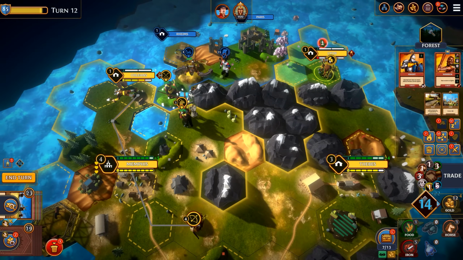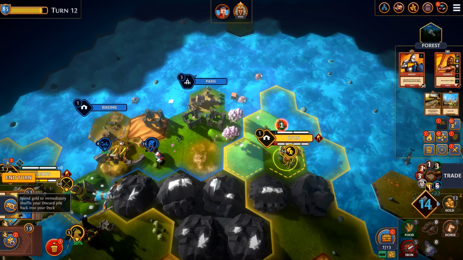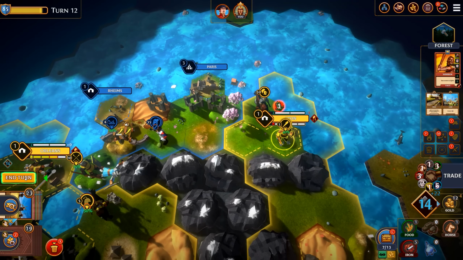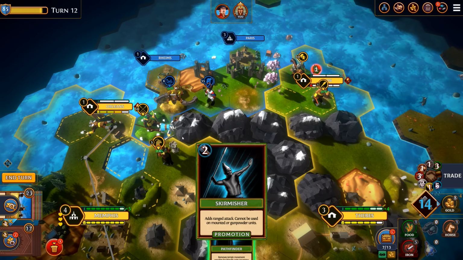And my knight apparently can't go anywhere. Why can't you go over here? You should have plenty of range, right? I would have thought. All right. Go up there, I guess. And end turn with 14 production left. No, we're going to buy something. Pathfinder. Nope. Buy something else. Skirmisher. Well...